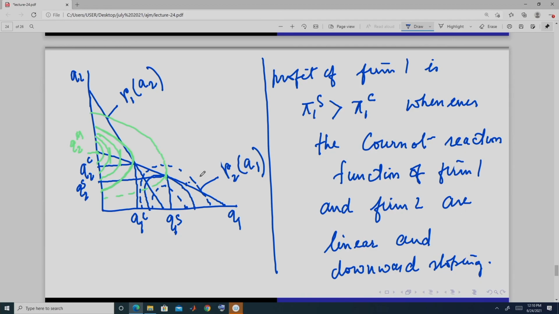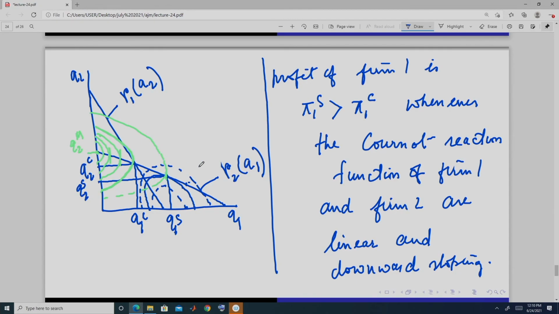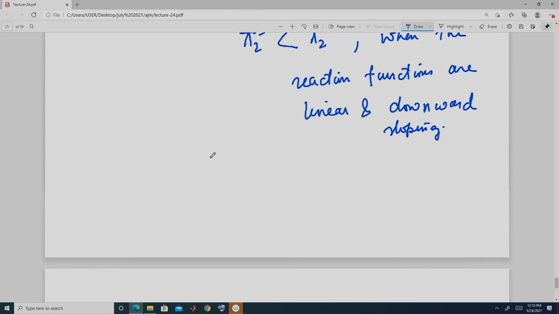If firm 1 is moving in stage 1 and firm 2 is given a choice whether to move in stage 1 or in stage 2, like if firm 2 has a choice to play Cournot or Stackelberg, firm 2 is always going to play Cournot. So, that is why firm 2 will never want to be the second mover in this case,